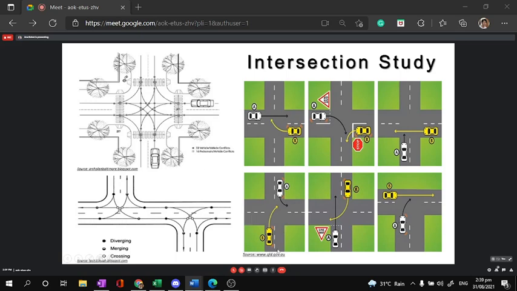Now this is another one, left turn si yellow, right turn si A. Right turn si yellow, left turn si A. So it's another conflict, merging conflict. This is also merging conflict, left turn si white, left turn si yellow, right turn si white, so conflict. This is through and another left turn, so conflict. And then conflict sa through, and conflict sa